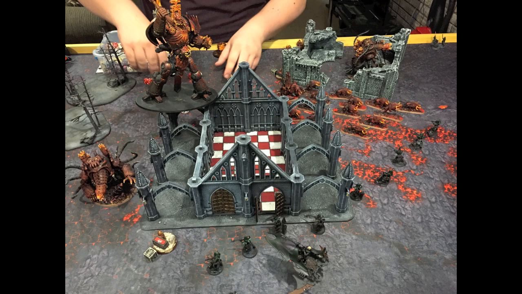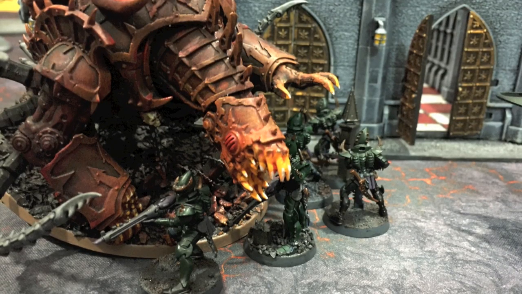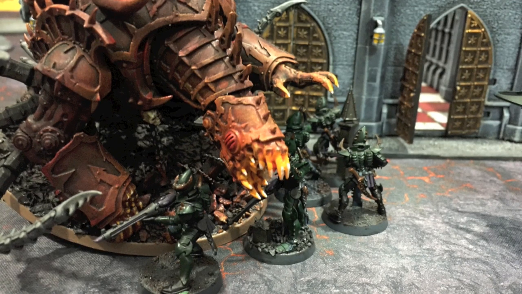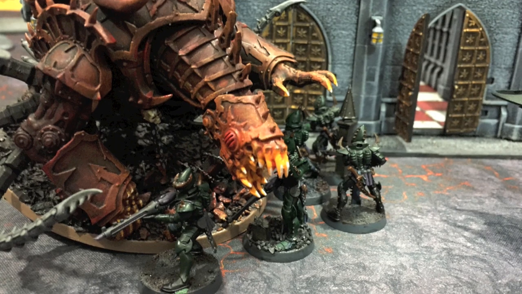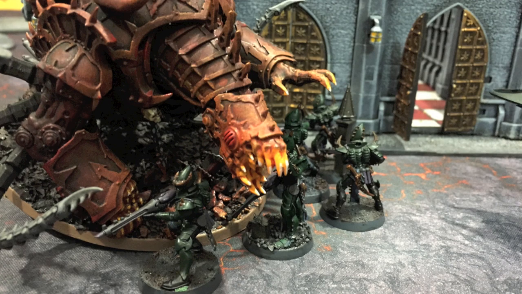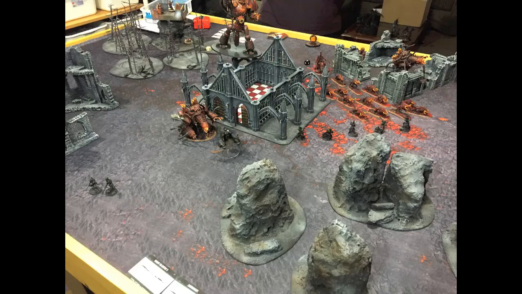Now, I knew the Maul of Fiends were going to get in, and I knew that the dogs were going to kill stuff eventually. But really preventing them from moving up in that pivotal second turn was huge. Now, I did overextend one part of the screen, and it got charged by a Maul of Fiend with a very good long-range charge. Sadly, they ended up dying. They did rally and come back later, but I could have prevented that charge with a little bit of